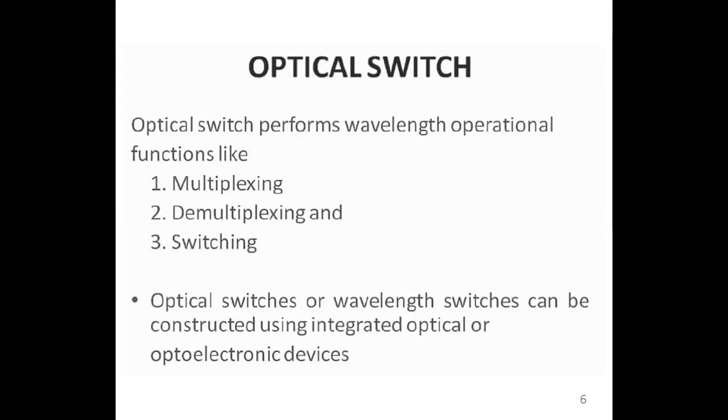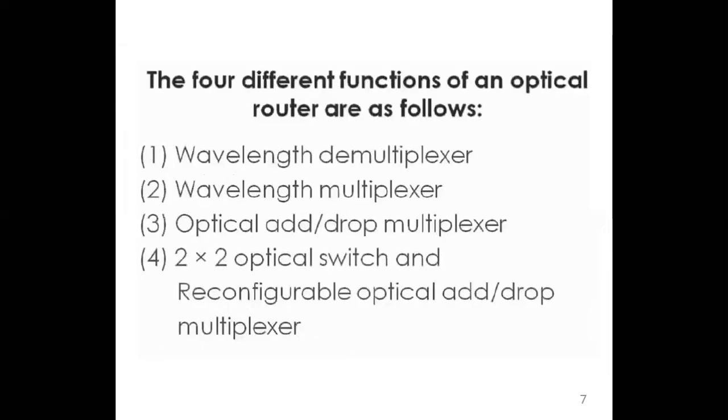And to design these optical switches, you need some integrated optical or optoelectronic devices. Optoelectronic means some part of the device is optical, whereas the other part of it is electrical. A very good example of that is OEO regenerators, where the signal is received in the form of optics, that is light, converted back to electricity, so OE, and then amplified, and then that amplified electrical signal is converted back to the optical signal. So this process is known as an OEO device or regeneration.